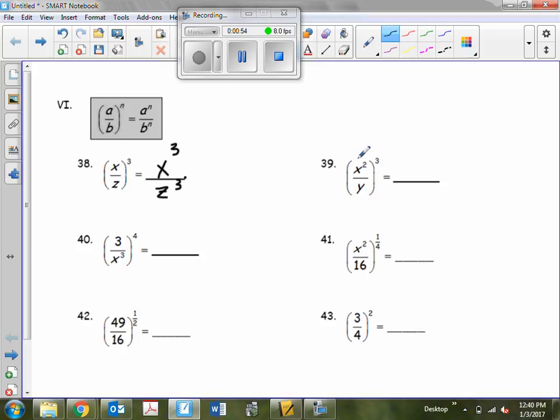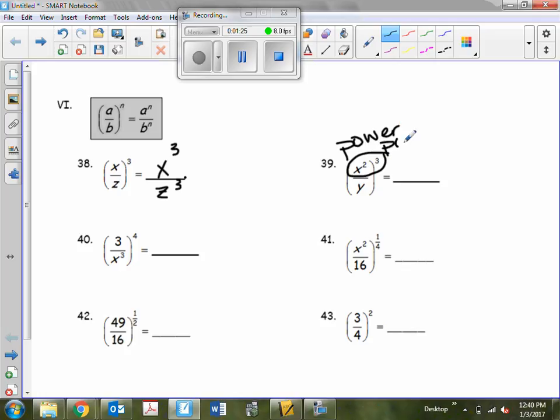On number 39, we're going to do the exact same thing. We do have to remember some of our previous exponent rules, though. So for instance, right here, we have x squared divided by y, all raised to that 3. Well, we are going to bring that 3 to that x squared and to that y. But because this x squared is now being raised to that 3, this is an example of that power rule,